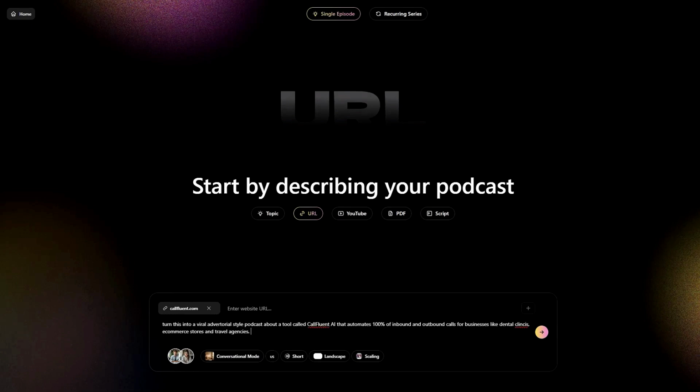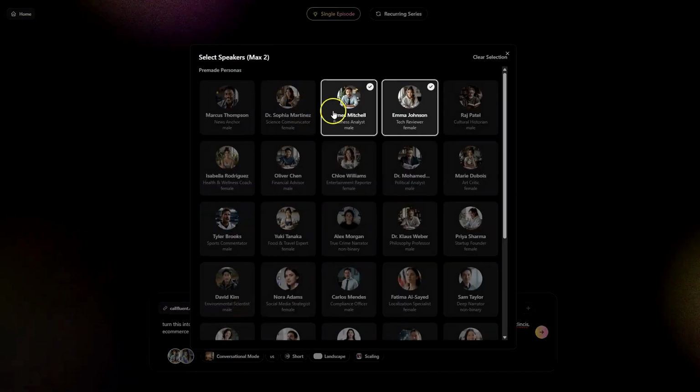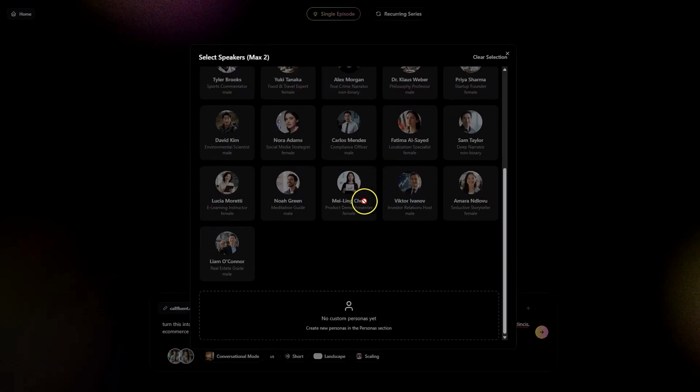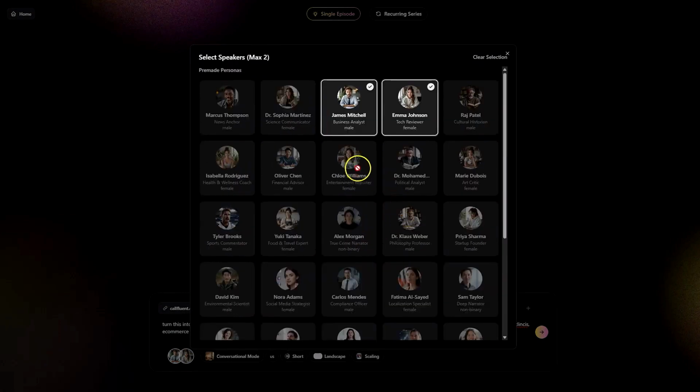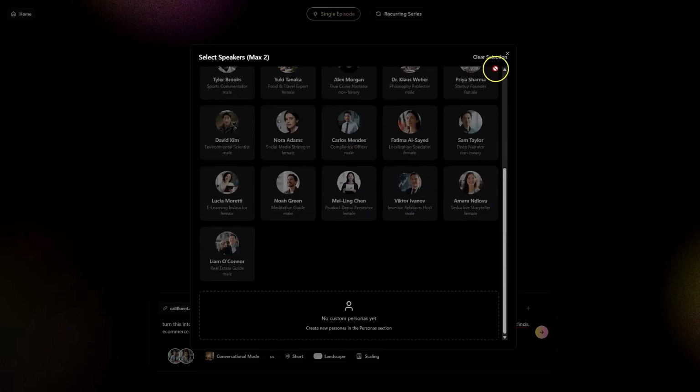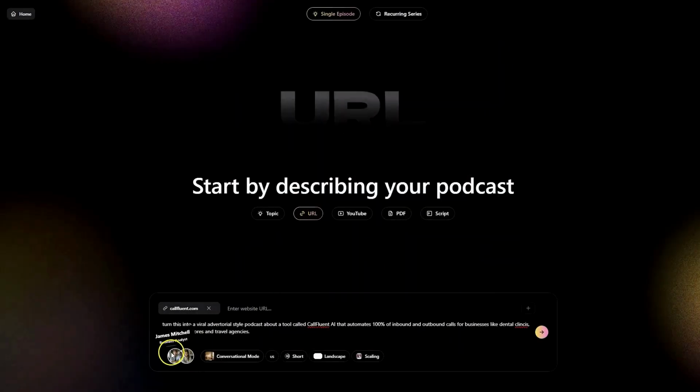MagicPods generative AI turns this page into a natural 2-person conversation ready to record. Now the next step, which is step number 2, all you have to do is just select the speakers. You can select any of the ones that we have over here, or you can even create your own custom personas. For this example, I will go with James and Emma, and then you can even select your